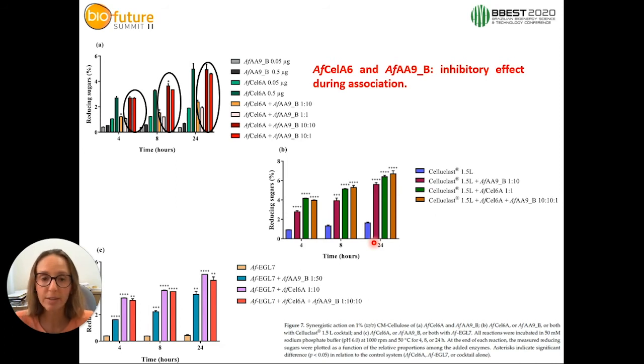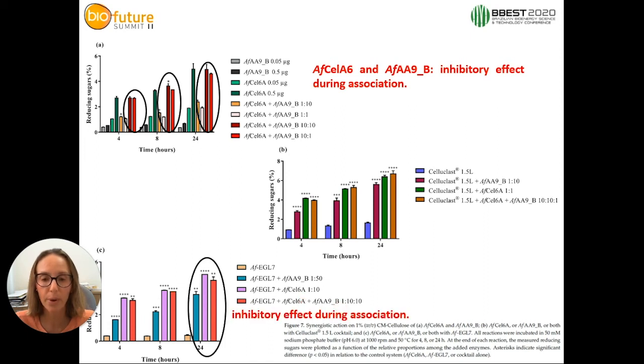No inhibitory effect was observed, probably because LPMO in this situation was acting together with other enzymes present in the Cellic cocktail. Finally, we associated the three enzymes previously characterized by our group. It showed a positive effect when associated with the endoglucanase, but again, we observed an inhibitory effect of